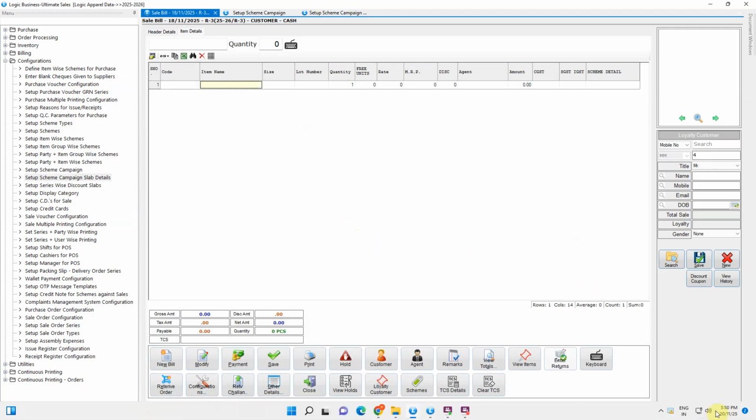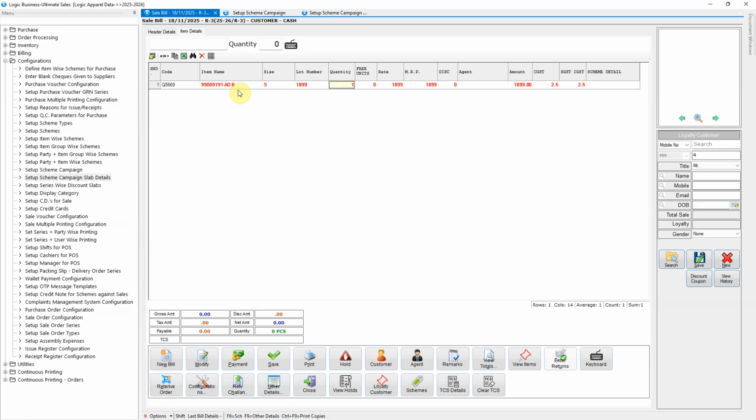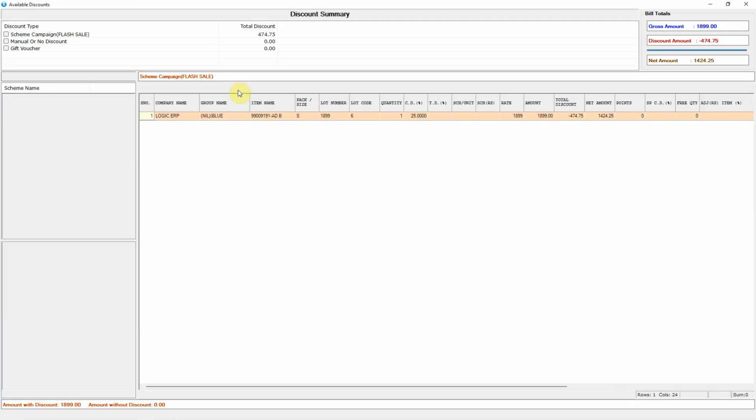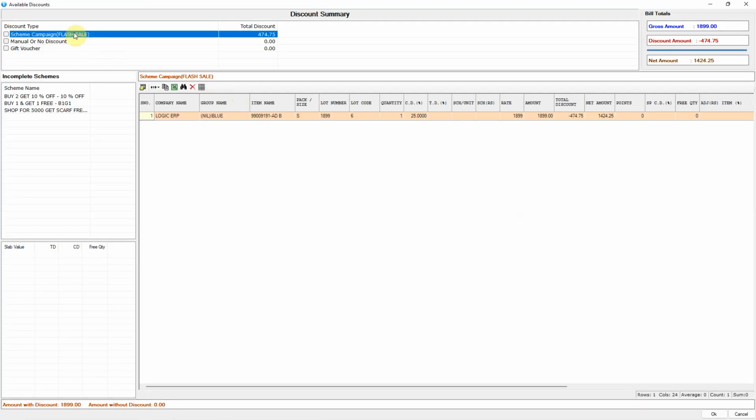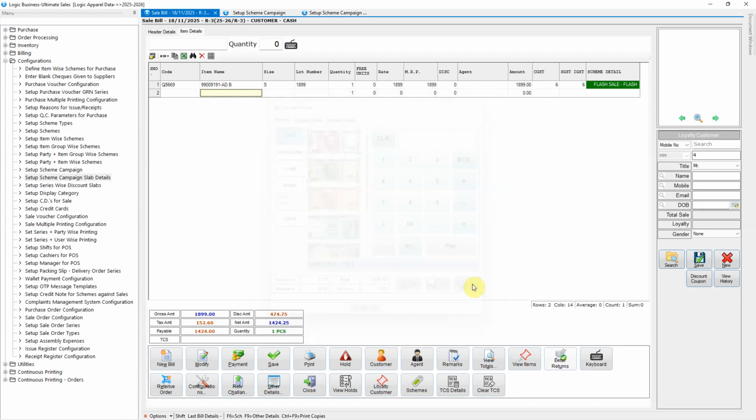This time, the Happy Hours period has begun, so proceed to initiate a new transaction. Click Save on the voucher, and you will clearly see that the flash sale, Happy Hours scheme is displayed and can be applied. This confirms that the scheme automatically enables and disables according to the defined Happy Hours schedule.